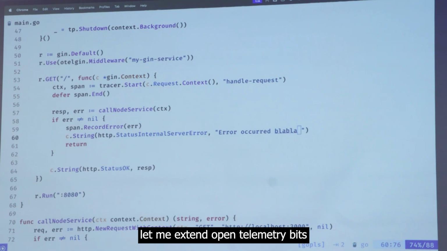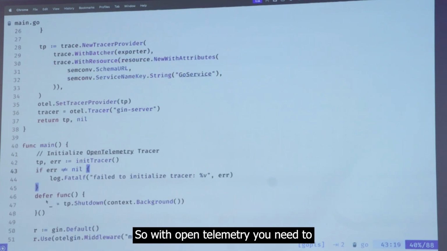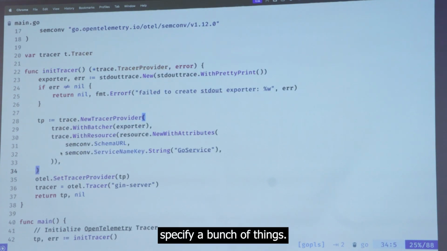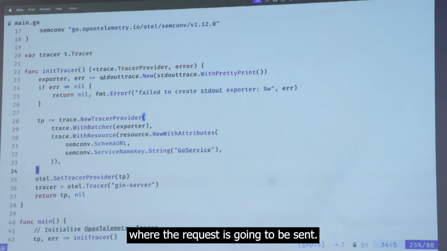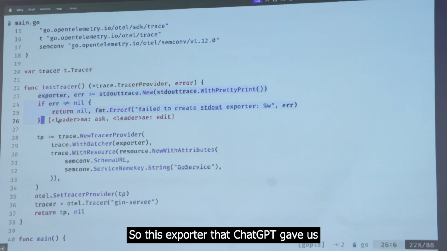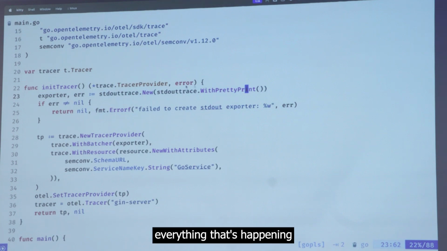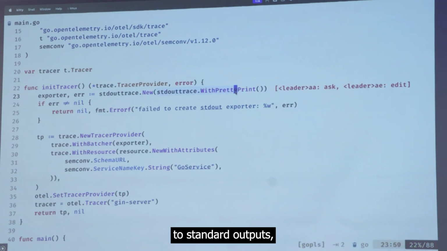So let's instrument this. Let me explain the OpenTelemetry bit. With OpenTelemetry, you need to specify a bunch of things. You need to specify where the request is going to be sent to. That's what this exporter is. This exporter that ChatGPT gave us is just going to print out everything that's happening to standard output.